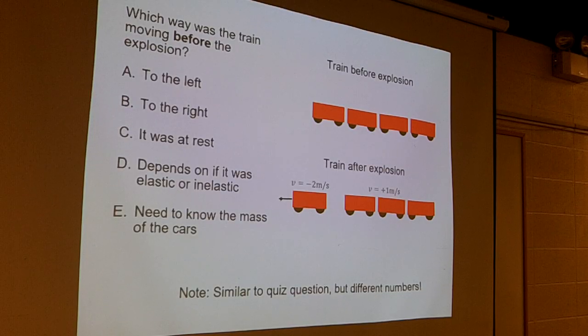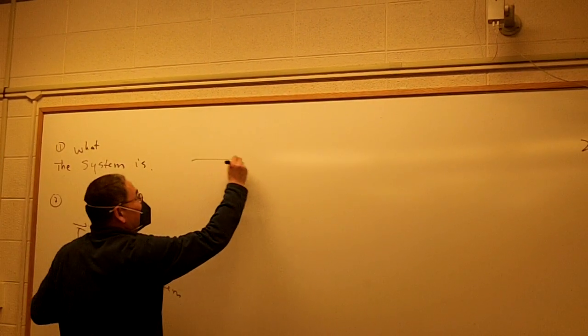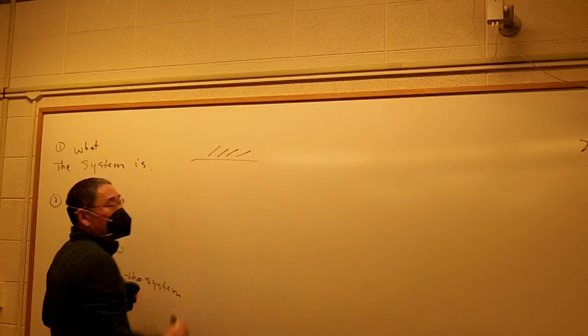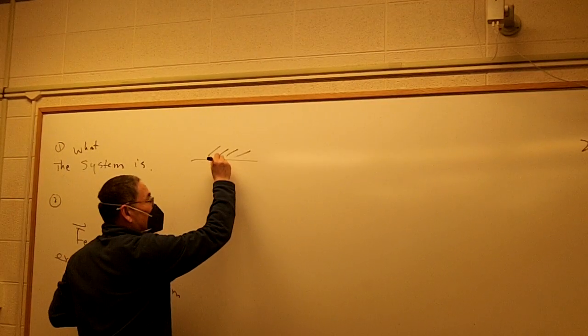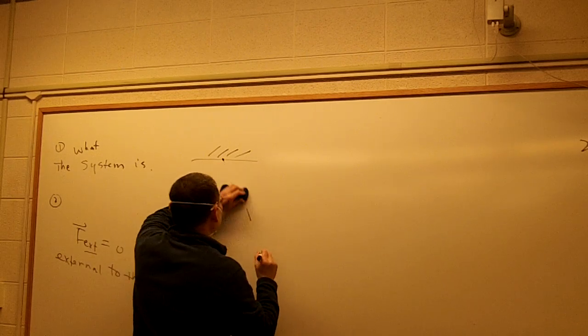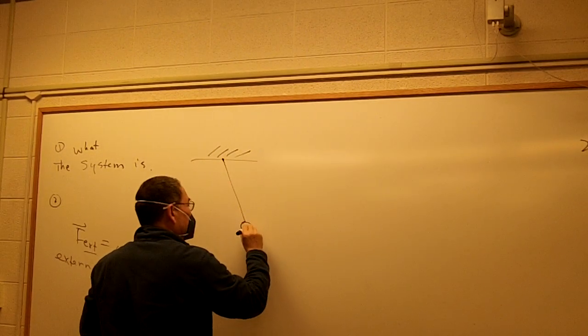In other words, what we really mean by so-called external is that it should be external to the system. So this is what it means here. Let me give you another example. Suppose I have a pendulum. So I have a string hanging from the ceiling, and watch carefully. If I have a string like this, now this pendulum must swing back and forth, absolutely. Now momentum on this particular ball is not